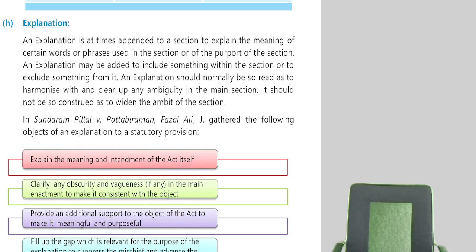That word is repeated 500 times in the act. There is a frequent repetition, or not? Instead of defining it 500 times in 500 different places, I will define it in section 2. Whenever that word comes, go back to section 2 and read it. A particular word is defined only once in the act, in a particular section. It is better to define that word in section 2 in that particular context.